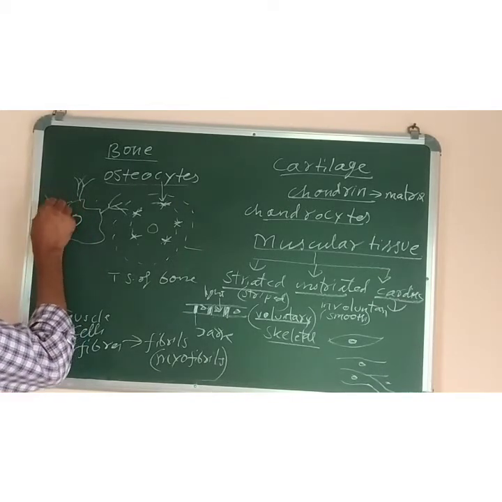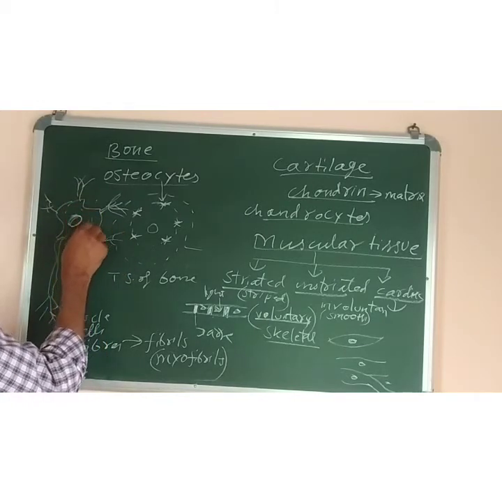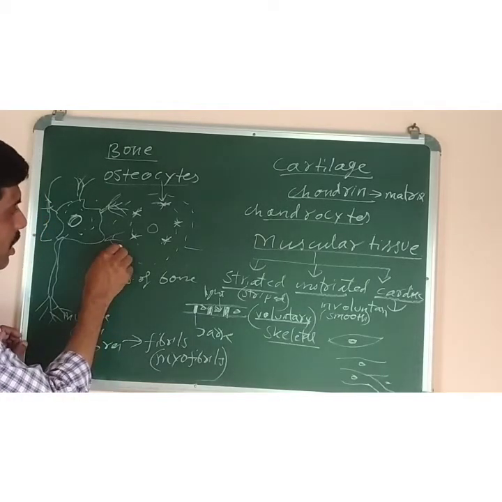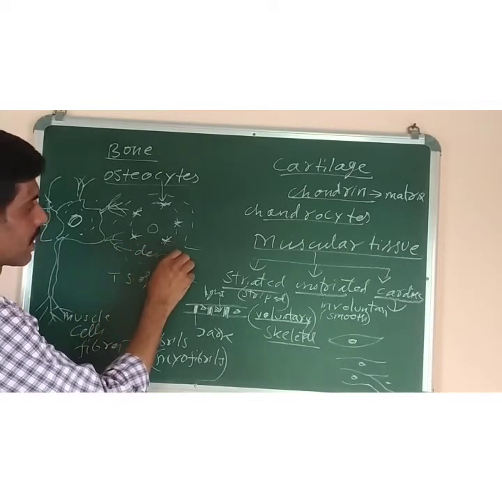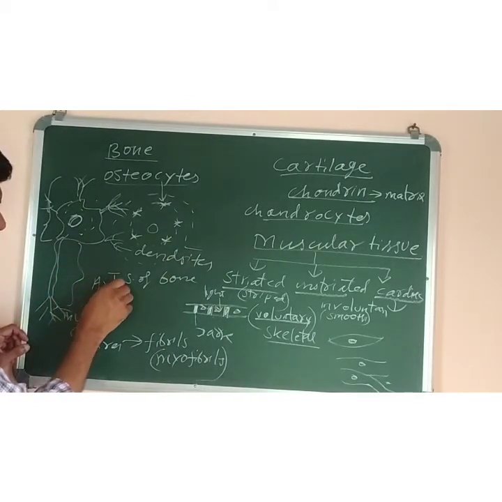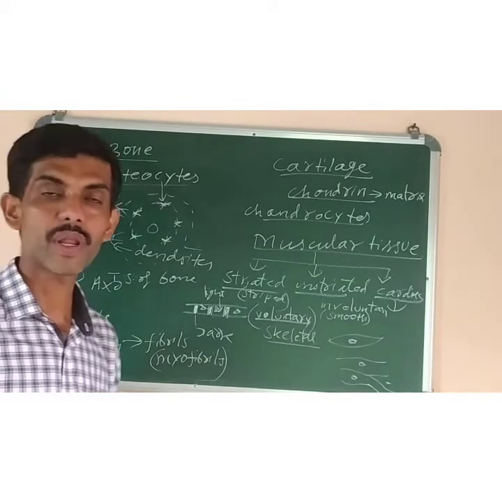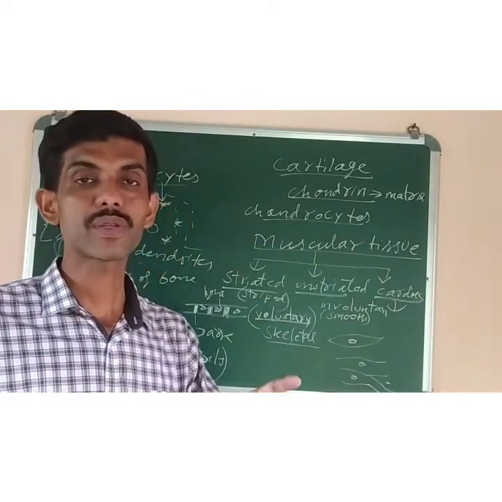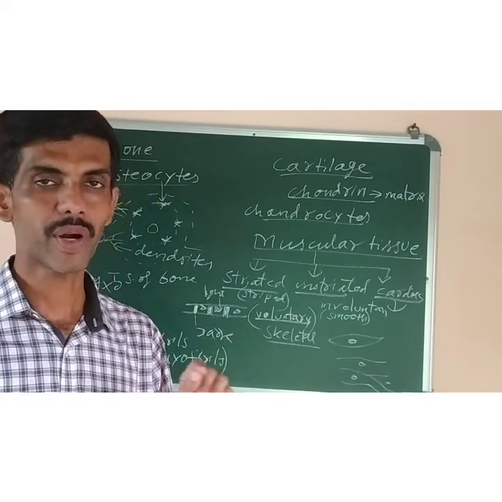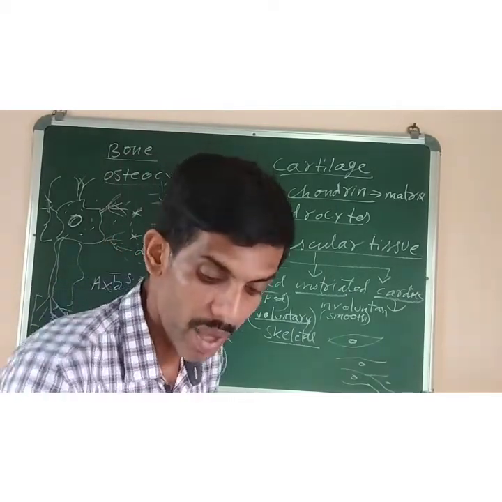Okay. So what are they? This one is the nucleus. This one is the cytoplasm. So this part is called cyton or perikaryon. The branches are called dendrites. This entire part is called the axon, and these are called the terminal nerve endings, the last part. What is the function? It is found in the brain and spinal cord. The function is to conduct impulses. Impulses means messages from one part of the body to the other. Okay? So this much only for nervous tissue. Up to here we have completed the tissues.